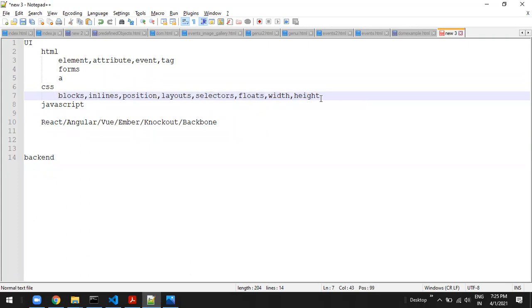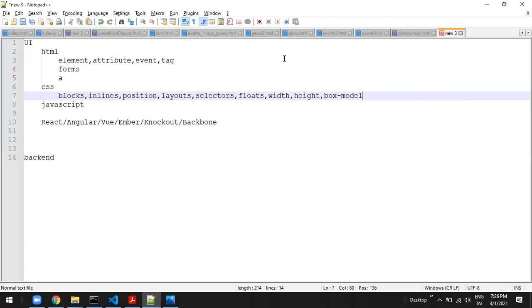So you should be very comfortable with all these things. What is the min width? What is the max width? What is the max height, min height? What is margin? What is border? What is box sizing? What is vertical align? Until and unless you really have a very proper understanding of this, one or the other day you will run into a problem.